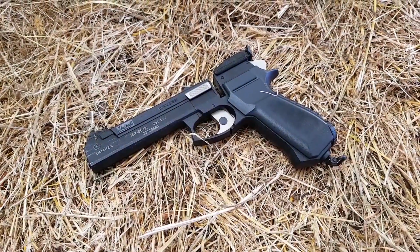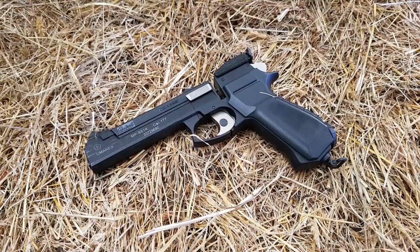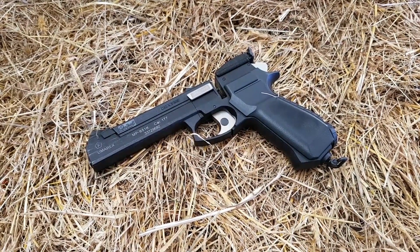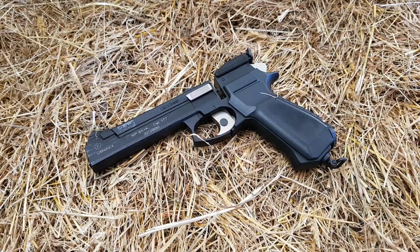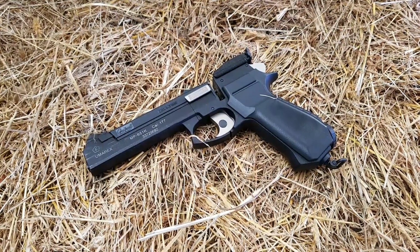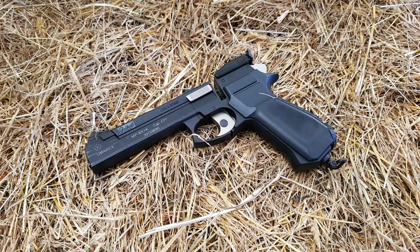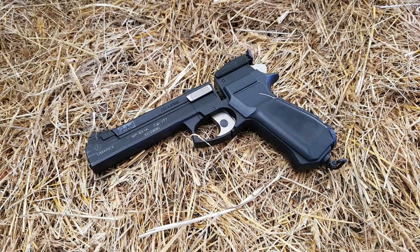Hello, Matt here from Airgun Hub, and today we're going to be looking at something a little bit different, something you've probably not seen before. There's not many videos out there on this pistol, or three pistol combo, should I say, three combination pistol rifle. The only ones out there seem to be in a different language, so this could be a first English review